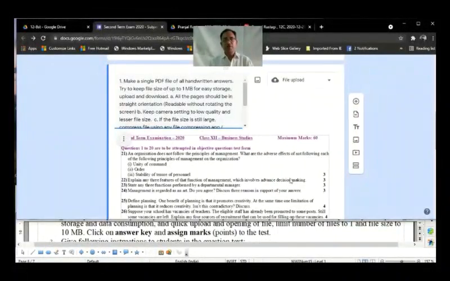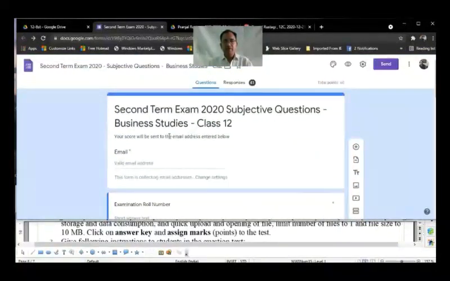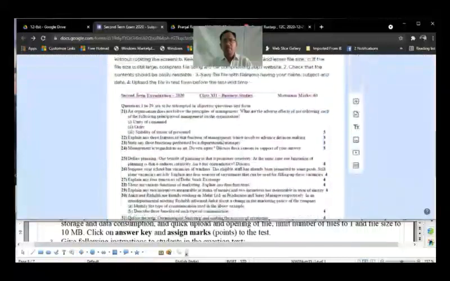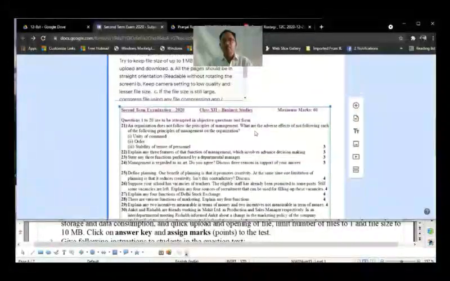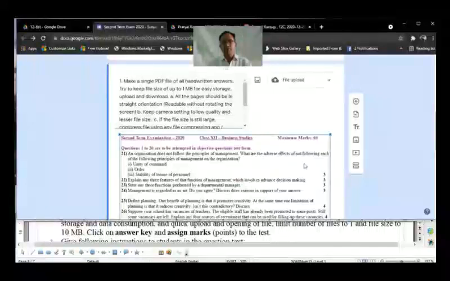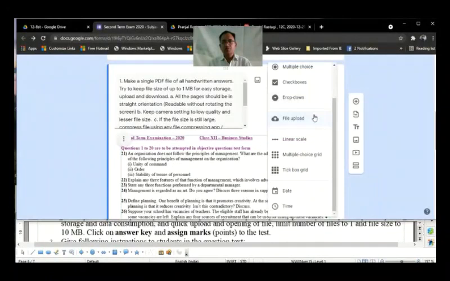Now this question paper you can give in either of two ways. One way is you can copy and paste the entire question paper over here in form description, just below the form title. Second way is you create an image of the question paper and you paste that image over here in this question. Right, you get this image icon, click on that and you select the image, and this image of the question paper comes over here like this one. In type of question, you choose file upload.